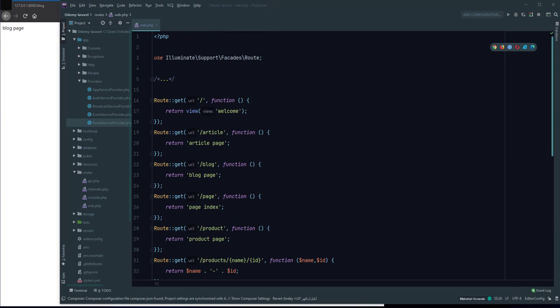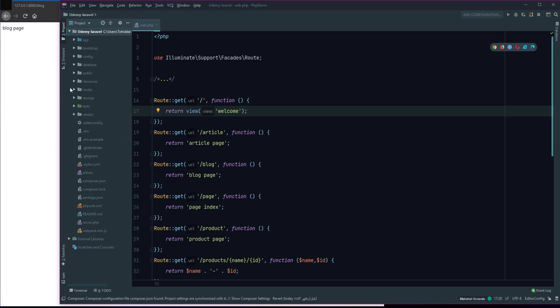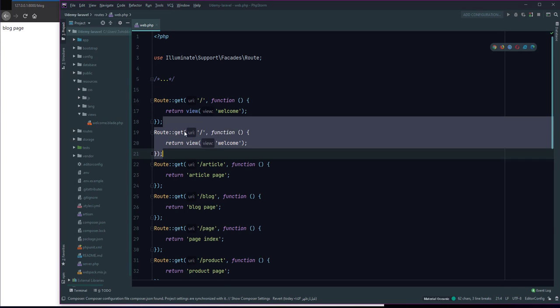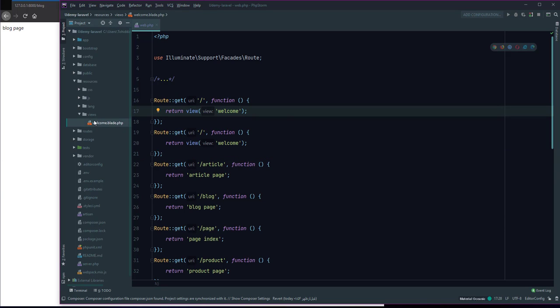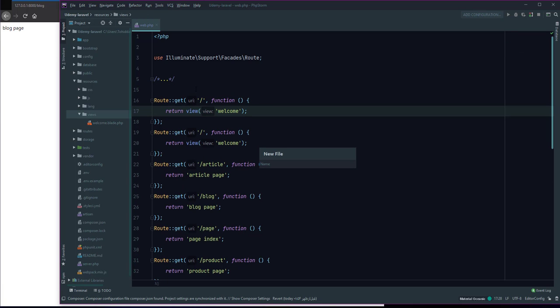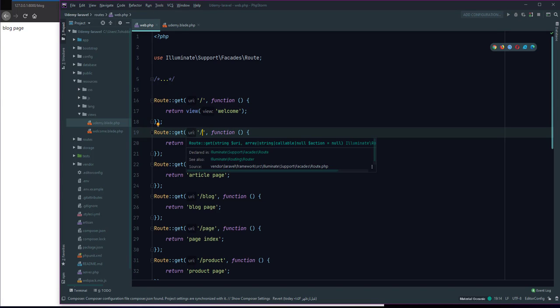In the first route, get, I see that it returns view welcome, and the view is in the resources directory, in views, and welcome. Okay, I defined another view in the views directory. The name is udemy.blade.php. Okay, and if it returns get Udemy,